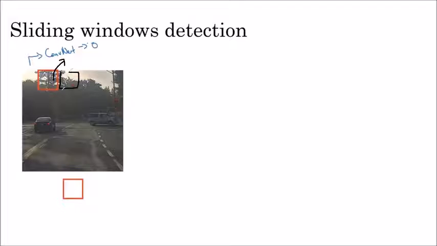Like that we keep shifting and giving, until there is a car image. For example, here you can observe, when this is given to the convolutional neural network, it predicts there is a car. That is what we are expecting. That is how we slide this window. That's why this technique is called a sliding window, because we shift the window to the right side. After the completion of the first row, we shift to the next row. Like that, in the entire image, by using this window, we check whether the car is there or not.